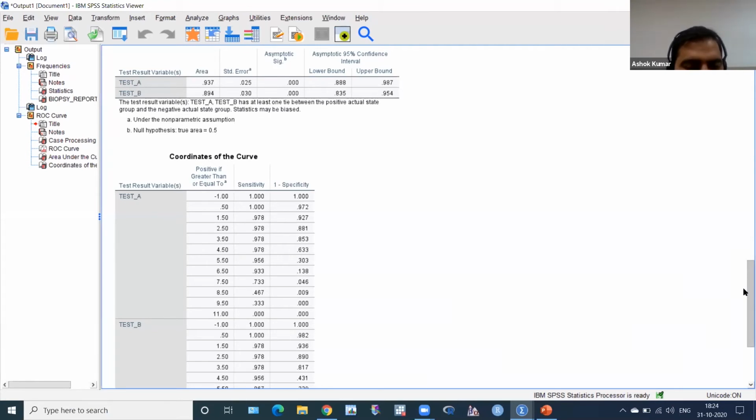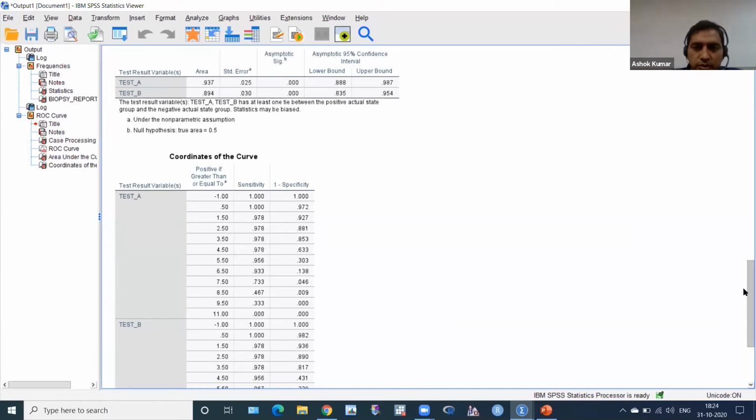Before I move to another software, I want to show how to give code to numerical value, how to make box plot, pie chart and bar graph in SPSS. Because of the lacuna of this SPSS software, we cannot get 95% confidence interval of sensitivity and specificity, negative predictive value and positive predictive value.